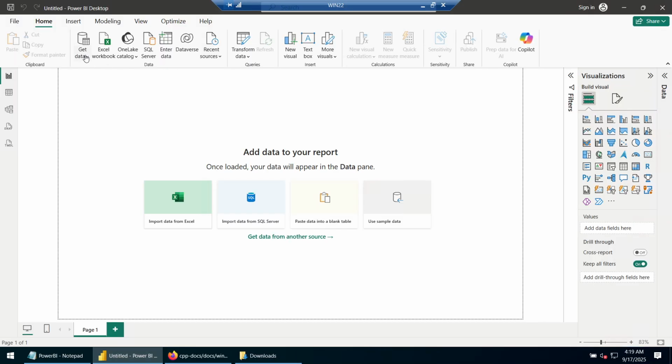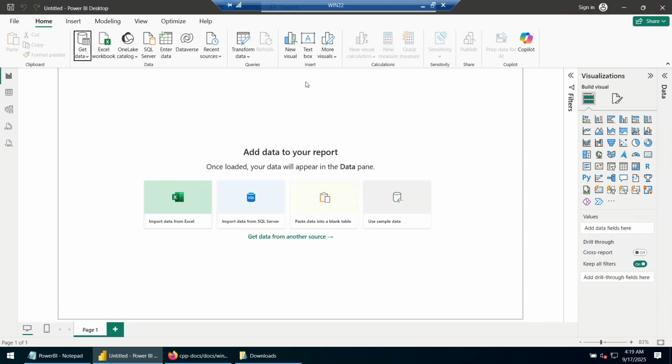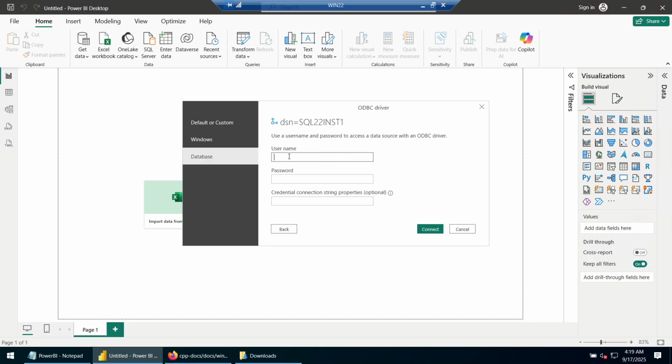So now let's go back here and now let's go to get data and more and here we'll choose search for ODBC and click on ODBC and you can see SQL 22 inst1, the ODBC data source that we created, automatically appeared. It was not there, it appeared here. And now if I click on OK, it will prompt for the username and password. So let's give SQL SA and let's give the password of that user